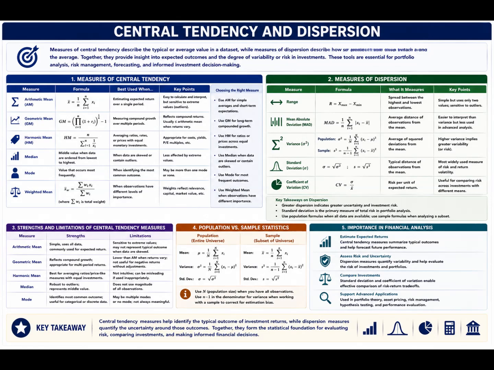Measures of central tendency help estimate expected returns and identify typical outcomes, while measures of dispersion quantify uncertainty and investment risk. These concepts support many advanced applications throughout the CFA program, including portfolio theory, asset pricing, risk management, and hypothesis testing. The topic emphasizes that financial analysts must not only estimate expected returns but also understand the variability surrounding those